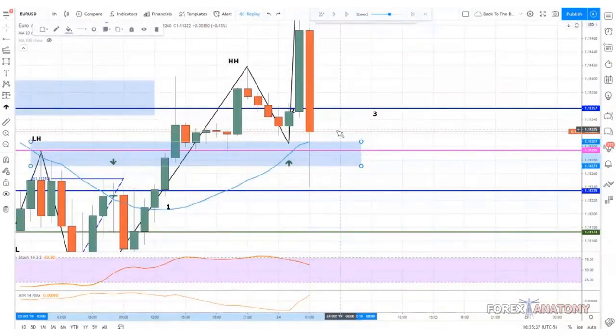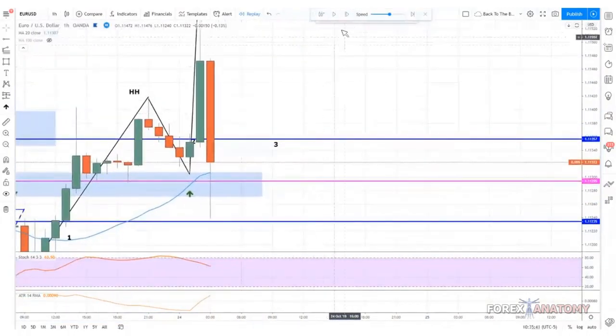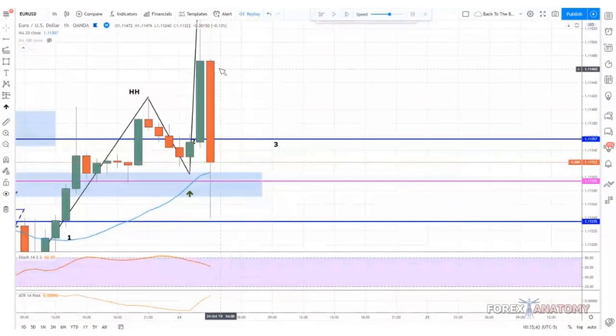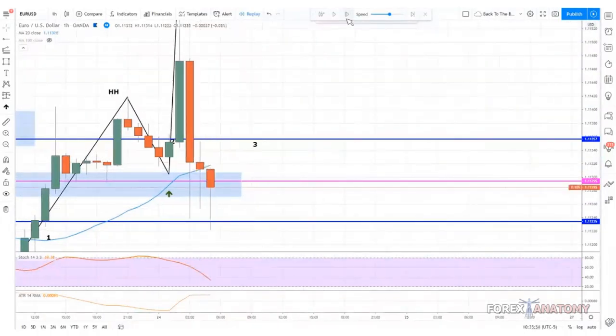I'm a little bit iffy on buying now because this candle is very, very strong. So I'm not going to do anything. I'm going to wait to see what happens. Whenever you see a strong pullback like this, where it's one single strong candle, that can also indicate reversal. There's a possibility that we may see price reverse and start sliding lower. So then let's see what happens.